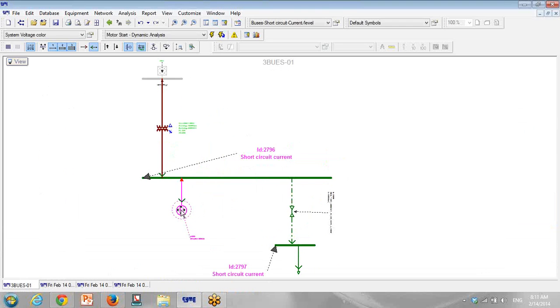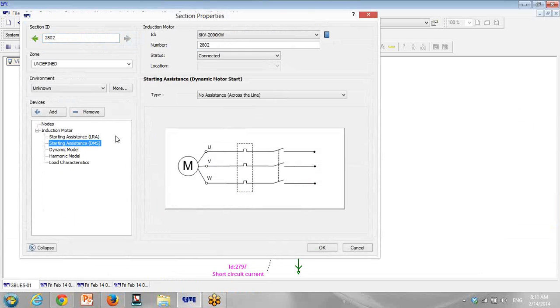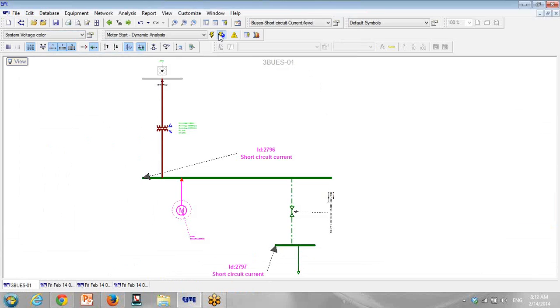I want to have a VFD. So double click on the motor, select starting assistant and go to VFD, and for example controllable current for starting is 1.2 of rated power. Then I run it again,